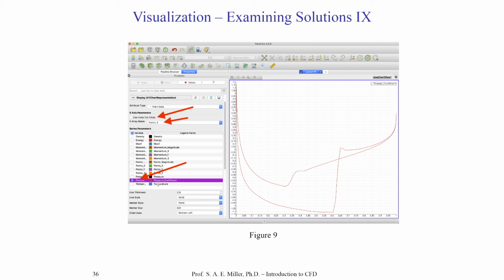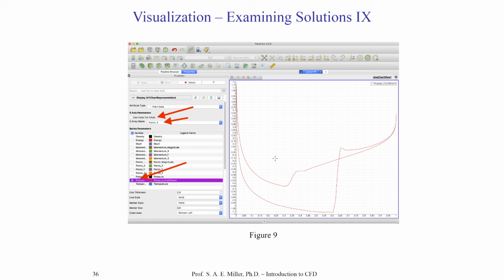You could see I also could plot as an XY plot, say the density, energy, Mach number, points X, the pressure coefficient, or temperature. I basically perform these three simple operations in the pipeline browser, and I click apply, or if it's applied automatically with my highlighted cursor here on this button, and I'll have the visualization on the right. What we've done is plot the pressure coefficient on the surface of the airfoil from the surface data only with